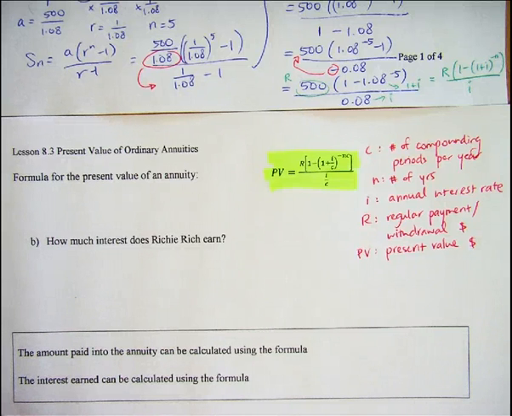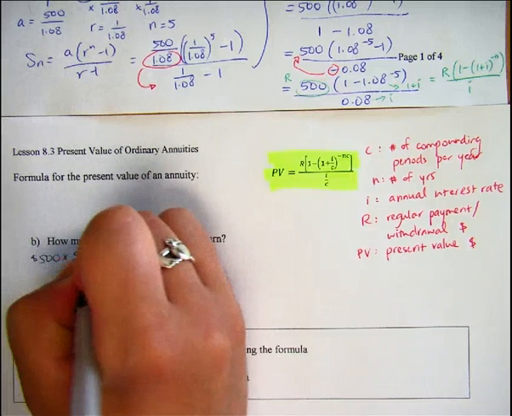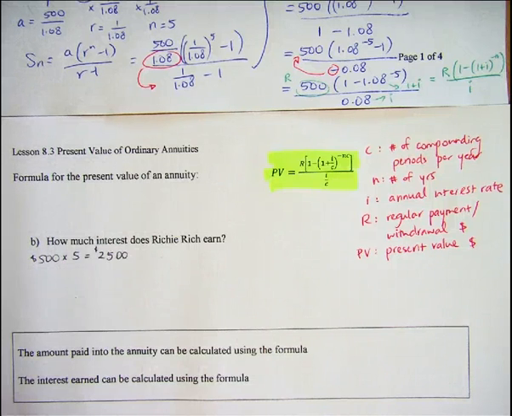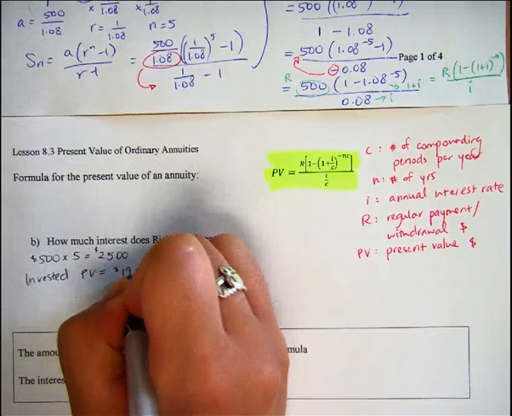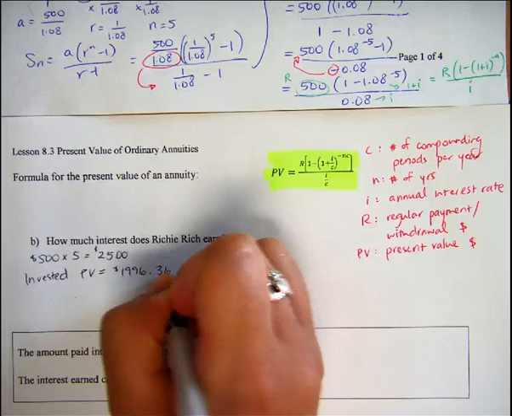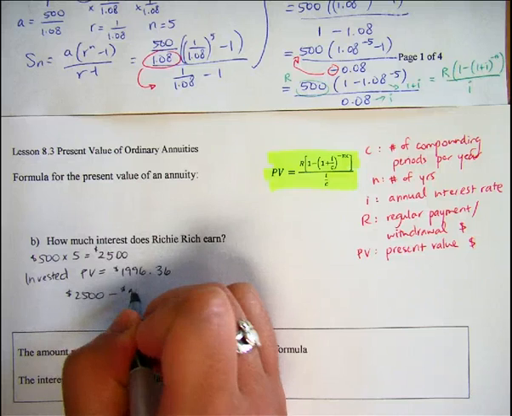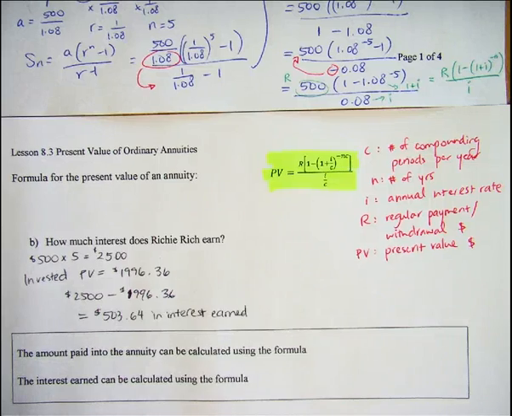So if we want to think about how much interest does Richie Rich earn, well, he wants to have the $500 at the end of every year for 5 years. So that $500 multiplied by 5. So he has $2,500 in the future, and he invested the present value amount of $1,996.36. So if we subtract those amounts, 2,500 minus 1996.36, we will get,